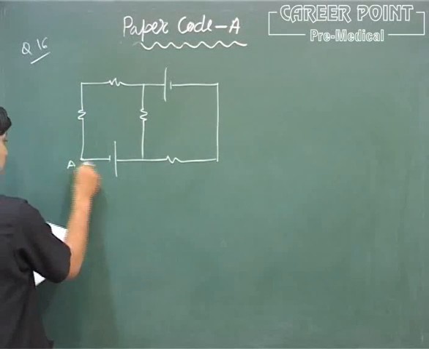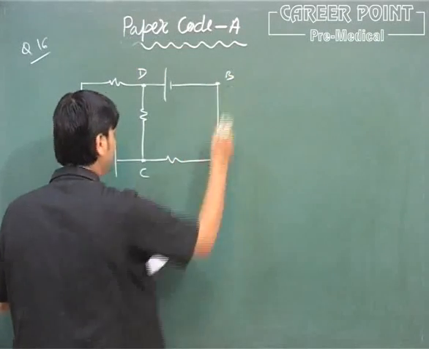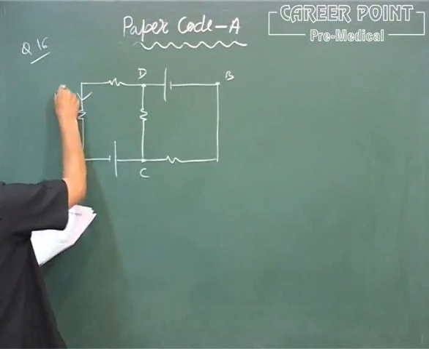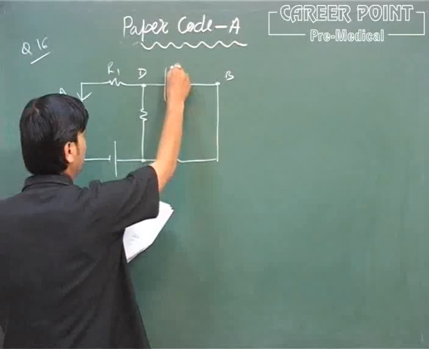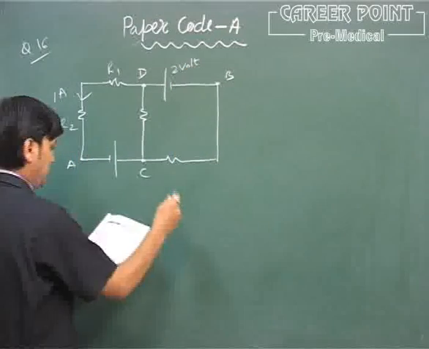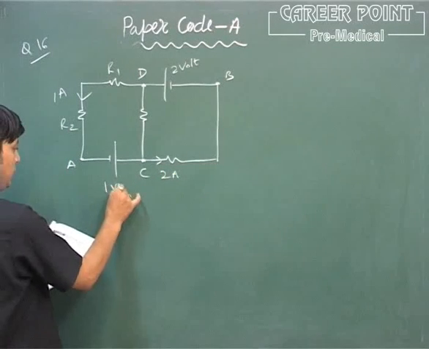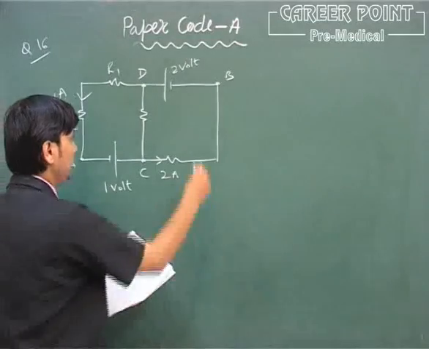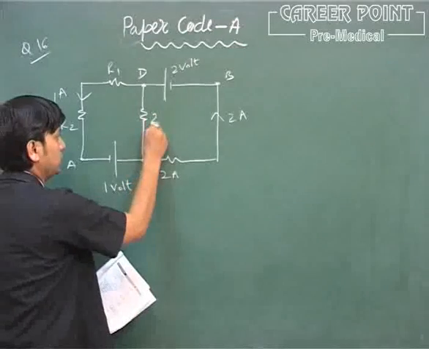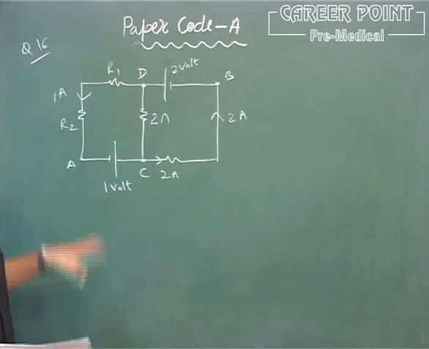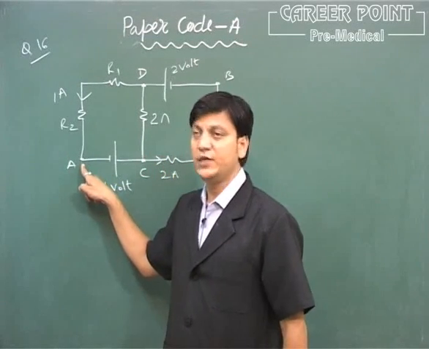This point is named A, this point is named C, this is B, and of course this point is D. This current is provided as 1 ampere here, and here it is R2 resistance, here it is R1 resistance, this battery is 2 volt, and this resistance value is not there, and this is 1 volt. This is the situation, and here current is provided 2 ampere. This is the given circuit, and this resistance is also 2 ohm. The potential of point A is provided 0 and it is asking the potential of